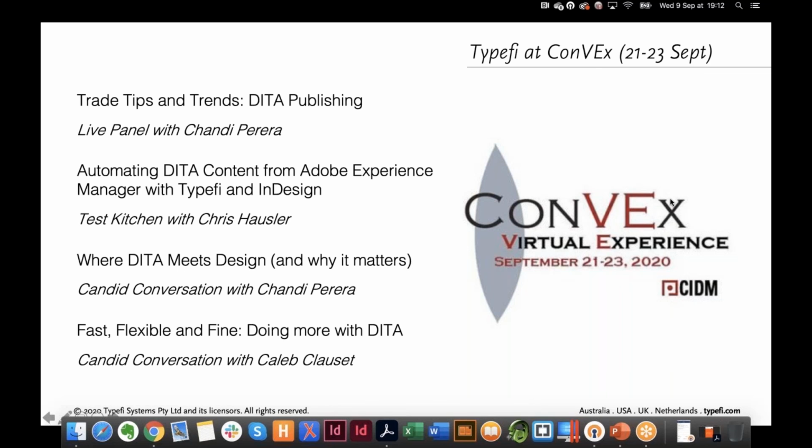We have many different folks on a panel. There's typically four. They're all considered experienced experts in whatever they're talking about, like Chandy with publishing. We have our own Brianna Stevens, who does workshops on how to do transforms, mostly to PDF and HTML. So she'll be on that panel as well. And I believe the Murano folks are going to be on there. I can't remember who the fourth person is on the publishing panel, but that's what the panels are about.